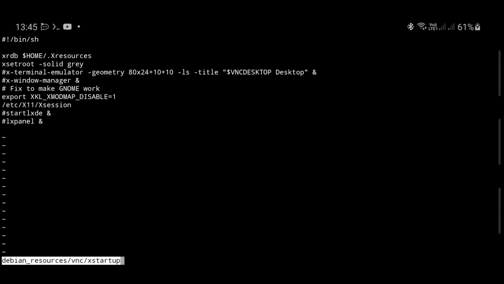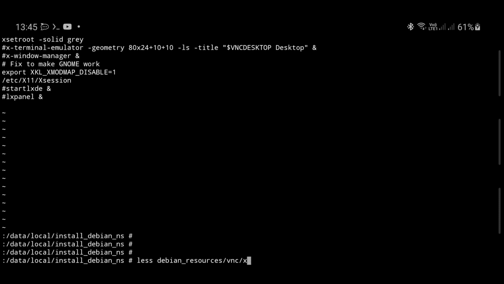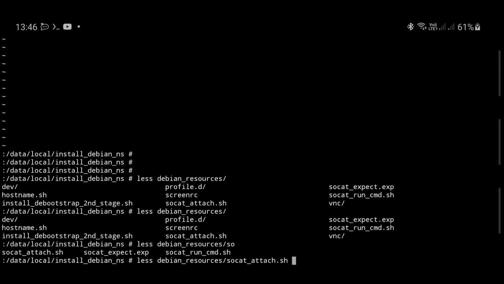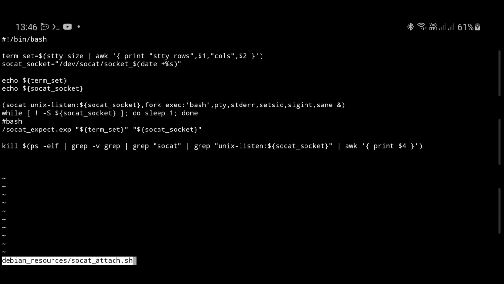It's also some default stuff, but it's needed if you'd like to use a VNC server inside those containers. We also have three socat helper scripts and socat attach. As you can see, we'll do some basic stuff, and maybe I will briefly tell you about the concept with socat. The whole concept is that you can't run something under the container using the nsenter command